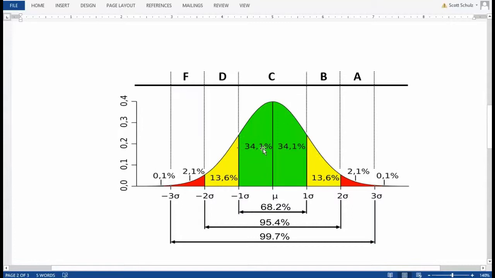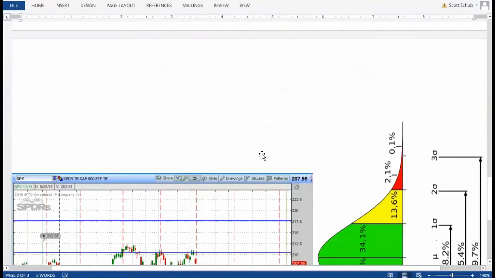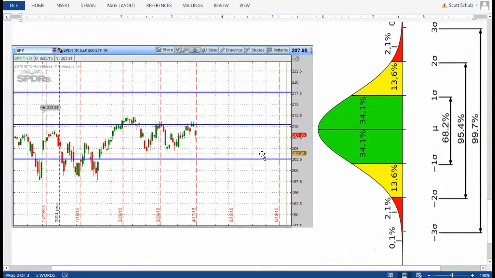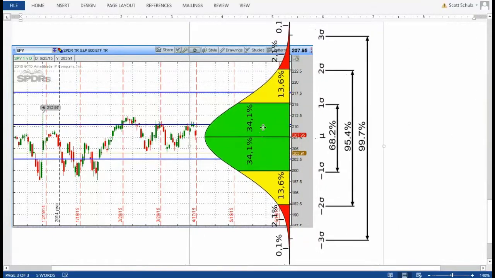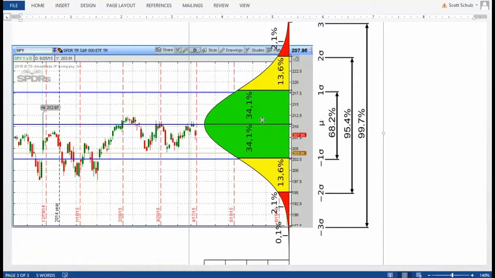So that is all the probability is telling you. It's giving you a percentage of probability or possibility of what would normally happen. So how do you work at that on the chart? Well, we're going to take that stock chart, in this case spiders, and we're going to take that probability normal distribution curve, we're going to drop it on there, and we're going to line up